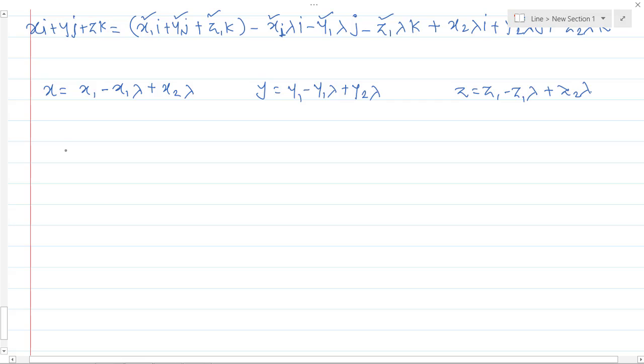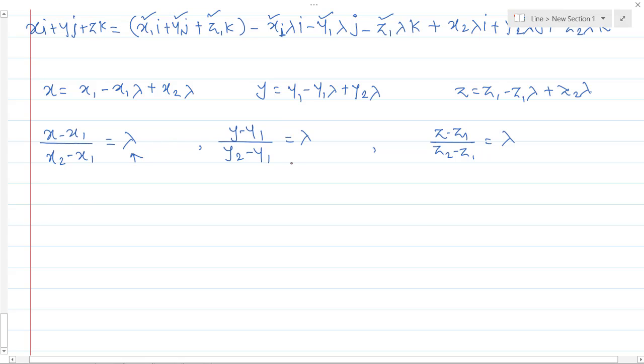Don't worry, इतना सब एग्जाम में नहीं आएगा, but what we are doing is we are getting the Cartesian form. We are removing the lambda here. So if I take this x1 on this side, x minus x1 upon, if I take lambda common from this, what I will get, x2 minus x1 equals to lambda, y minus y1 upon y2 minus y1 equals to lambda, and z minus z1 upon z2 minus z1 equals to lambda, okay. So these are the three same values of the lambda we are getting.